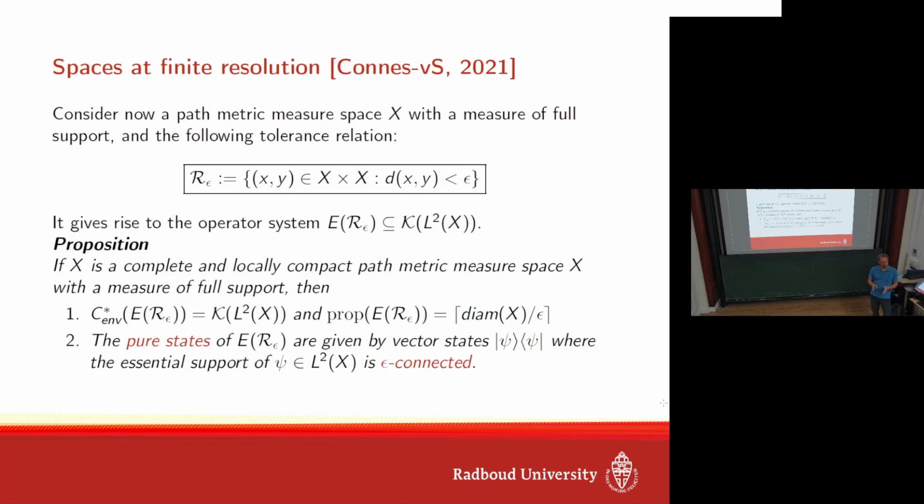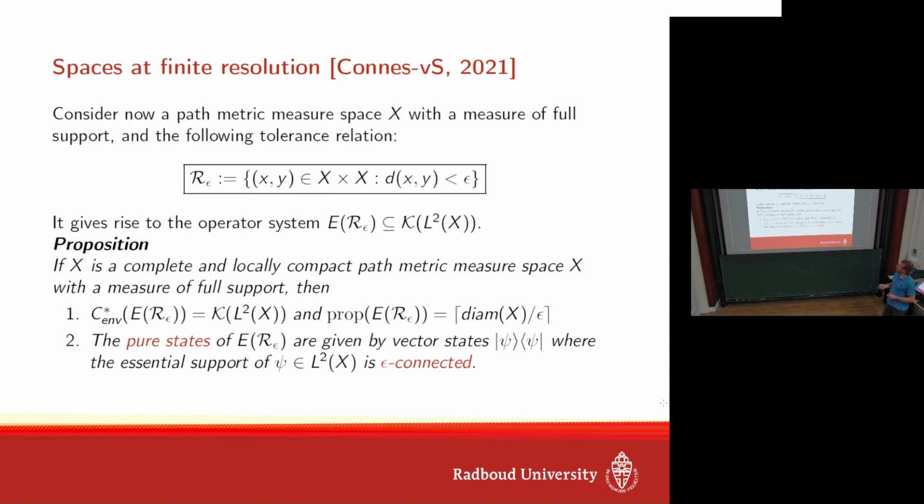So the measure should have some compatibility with the metric. We take a metric measure space with a measure of full support. So there are no blocks which we leave out in X when taking the viewpoint with the integral operators. And we look at this relation, and then you find that under these conditions, a little bit fast over this, but it's also not too important for the main point,